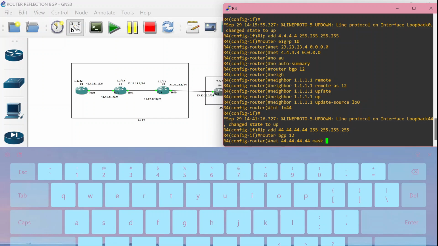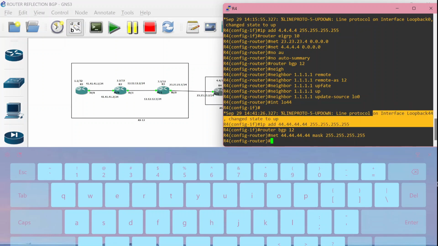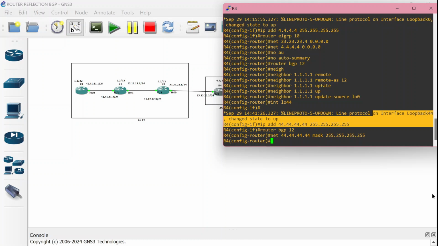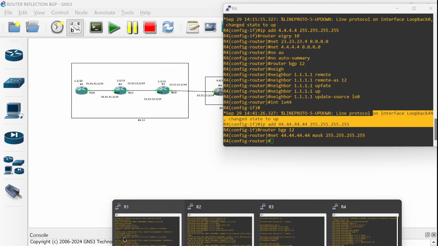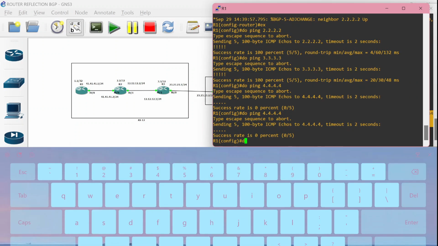And yeah, after this I want to try. Okay, the IP is true, and I want to try connecting to the other routers.